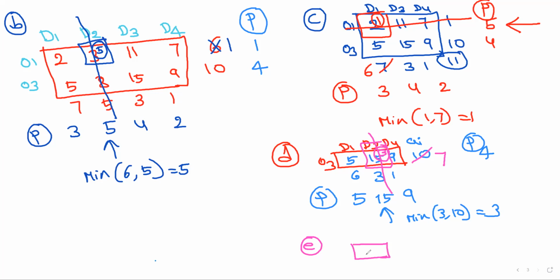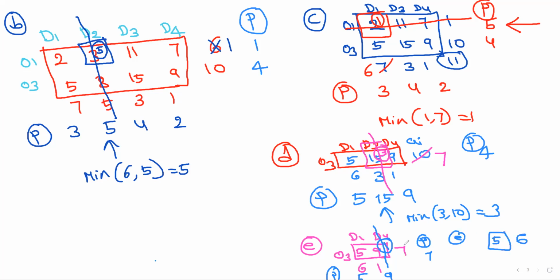Here we have 5 and 9. D1, D4, O3, 7, 6, 1. The penalty is 4 here. If you see column wise here, 9 will get more. For 9, how much we can give? 1 we can give. Because here the penalties, if you write here, this is 7. And here if you write the penalties, 5 and 9. What is the highest penalty? 9. For that you give 1. So what is cancelled here? Column is cancelled. So for 5 only left.